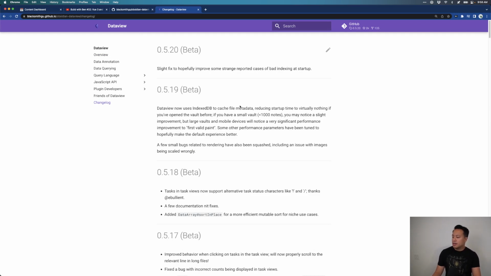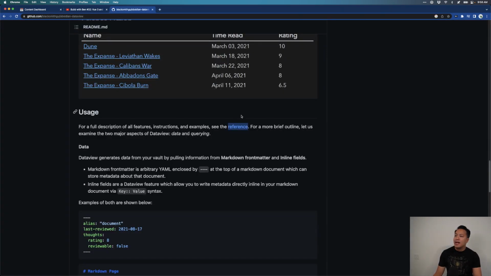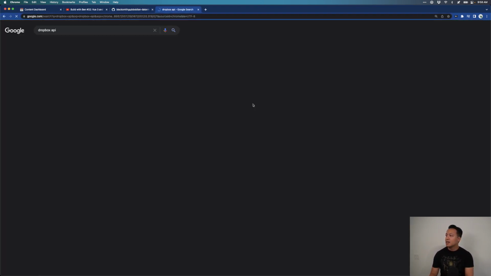Okay, so not that. Womp. Yeah, Dataview to me makes things super, super easy. Is there a Dropbox API to query? Yeah, there probably is a Dropbox API. But once again,